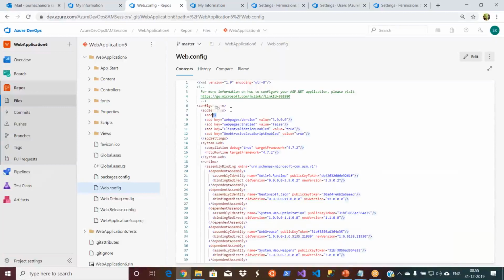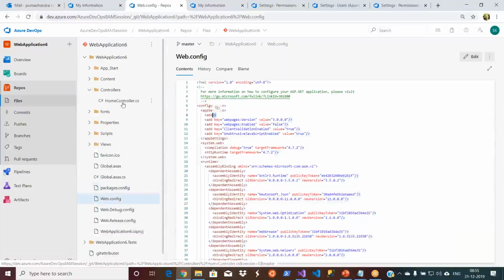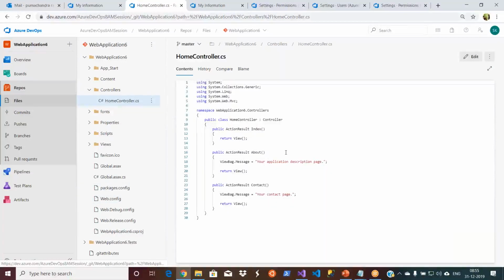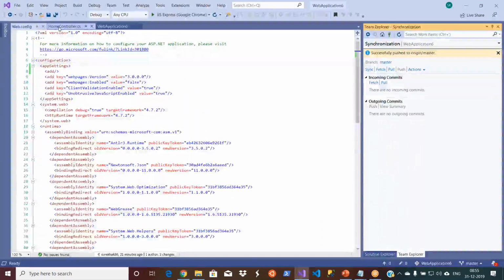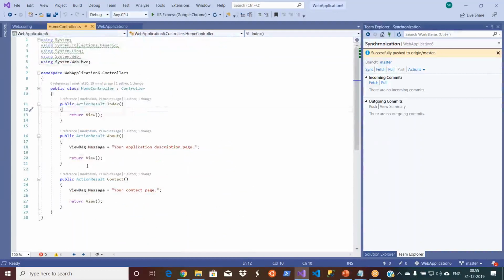I also made one more commit, that is in the home controller.cs. Let's go to controller.cs. It's not here, right? What is the change I made? I added some comment here in my home controller.cs. I added some content. Already stashed. Yeah, I already stashed it, so you don't see it. Now I finished my bug fixing and it went to the different environment for testing. Then now I have to resume my work.